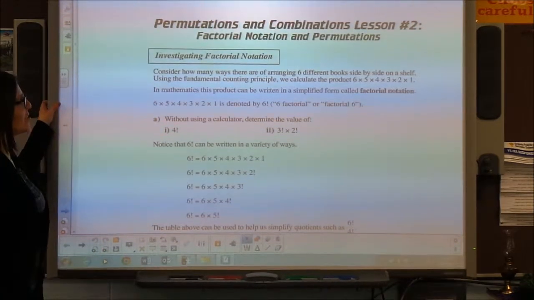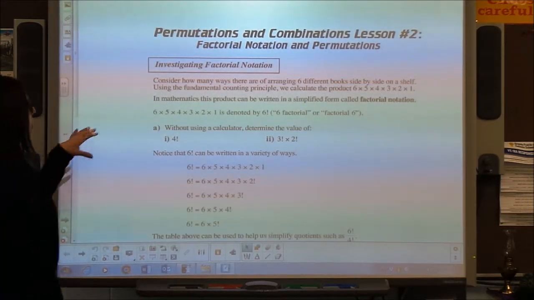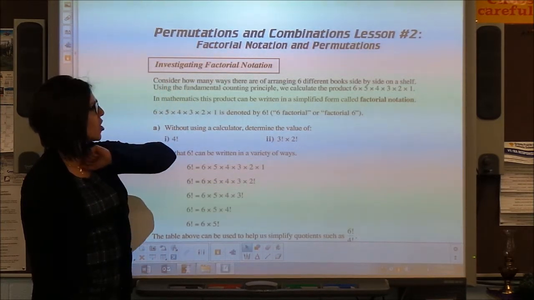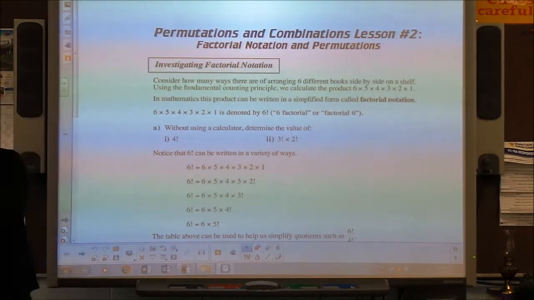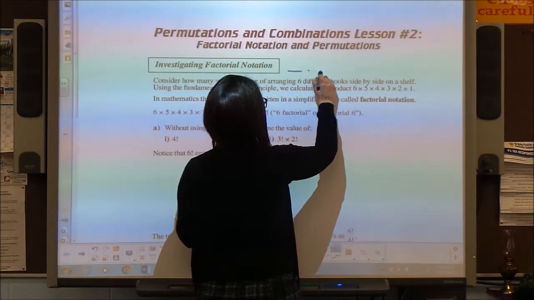This lesson looks at factorial notations. Factorial notation is using an exclamation point in math. So we can consider how many ways there are of arranging 6 different books side by side on a shelf. So if I have 6 books,